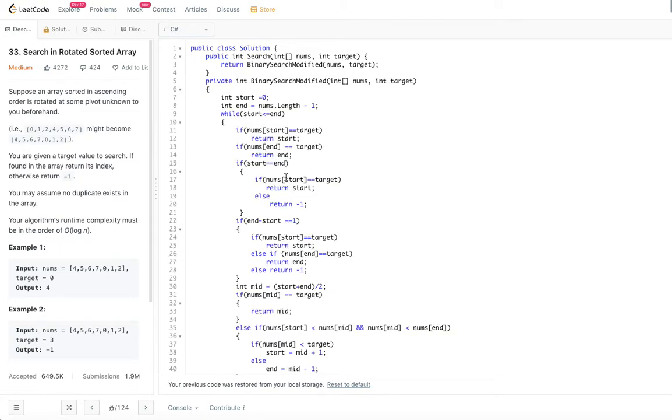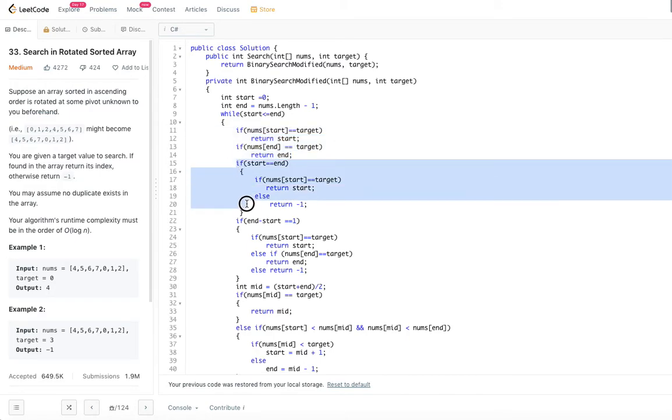Okay. So now, similar to the binary search, we have the start is equal to and end is equal to declaration, and then this is also same, right? So the only difference that we are going to do here is, these are things that I added purposefully. Okay. So if the start element is equal to target, you just return the start. If end is a target, we return end. So this will speed up basically the search. You don't have to really go do all that stuff of the real binary search, right? So you just do it and you're done with it, right?